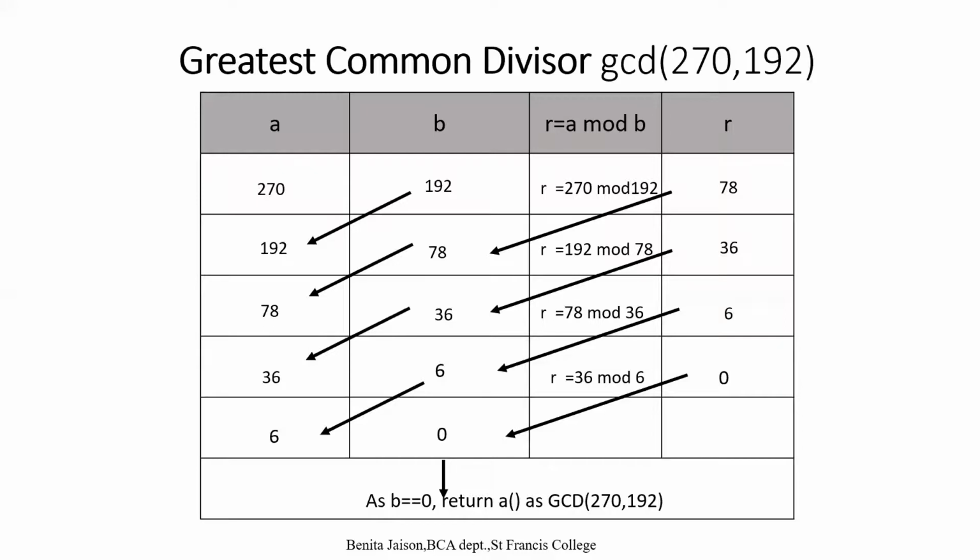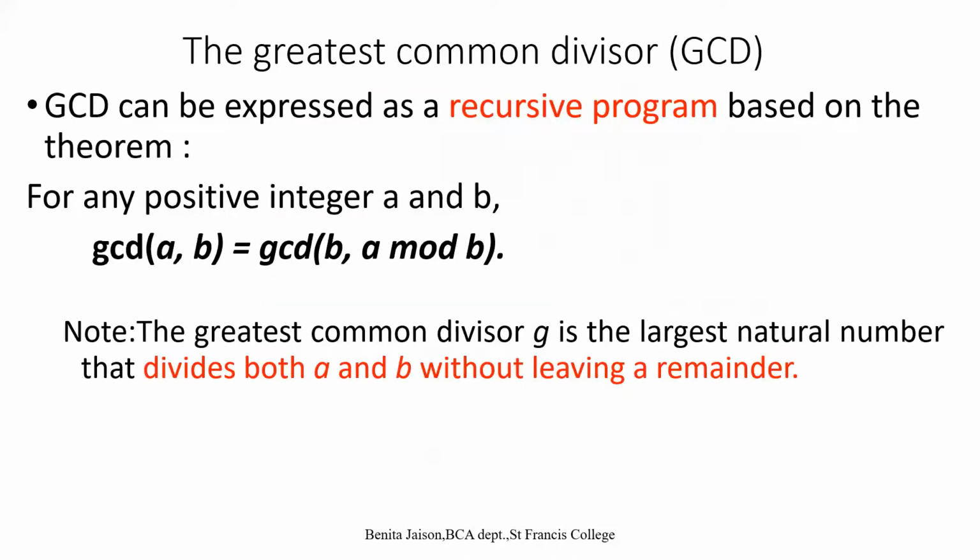Everyone completed? Do it in your notebook. Otherwise, later when we are doing that program, if you once see this logic, you will understand. That's why I'm telling. The program is only 2 lines, but because of the recursive call, the program length will be very small. Ultimately, you should understand the iterations involved. Okay, everyone finished, right? I'm moving on to the algorithm.